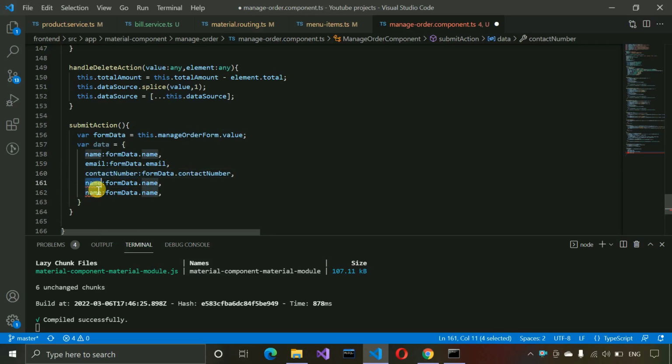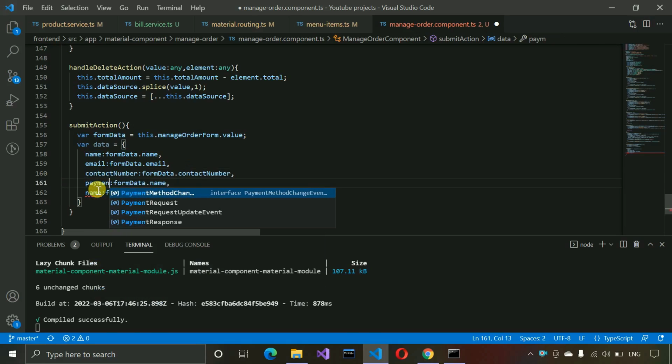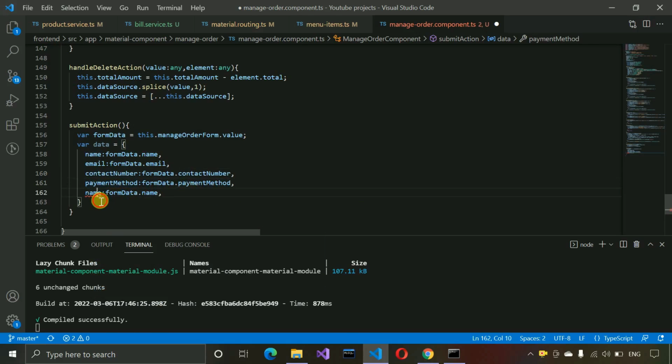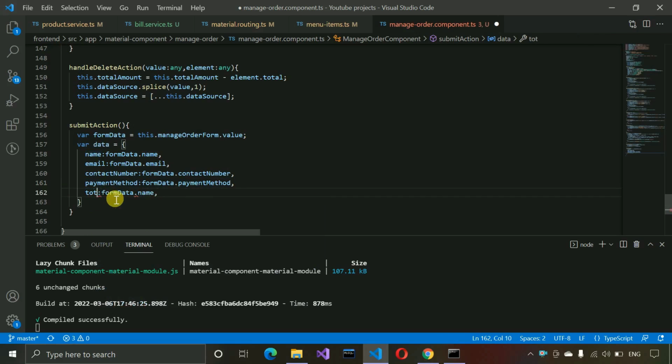After contact number, the next will be payment method, let me paste it over here, and after payment method next will be total amount, okay, total amount, this one,